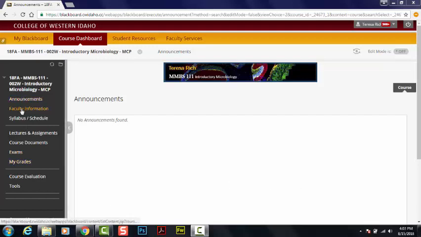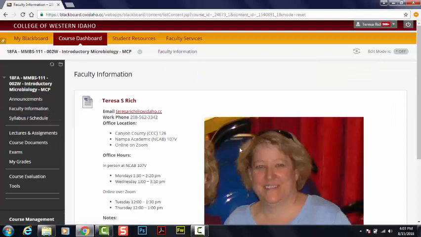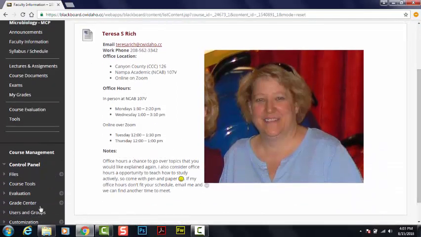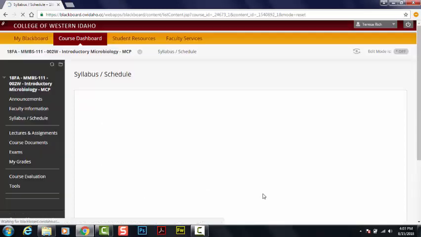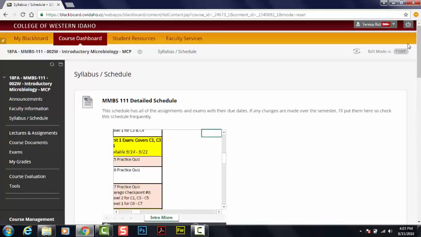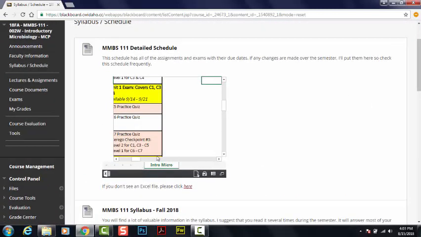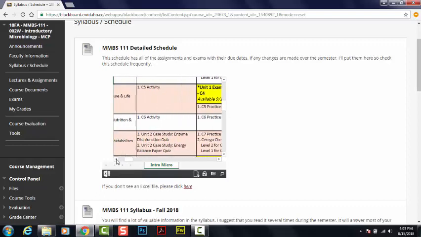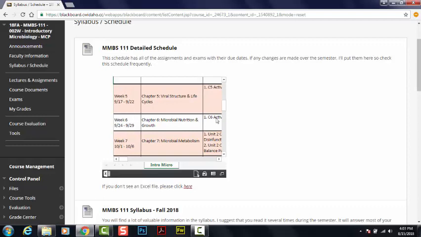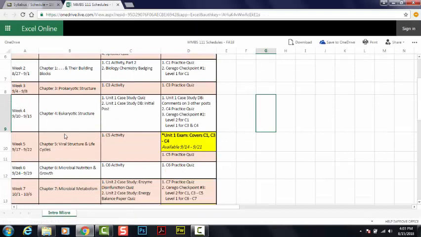If you go down below announcements, you can click on faculty information. You'll see a picture of me, when my office hours are, where you can find me, and all of that kind of stuff. Below that is the syllabus and schedule link, and here you'll find some very valuable information, specifically the schedule, which is what you see at the top here. For whatever reason, it always has it slid over, so if you move it over, you can see the beginning. You can click on this and it'll open it up in a new link,